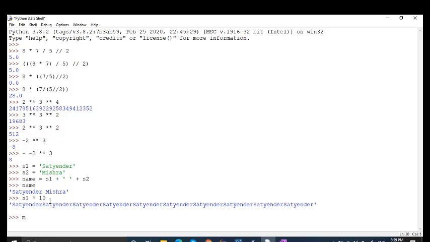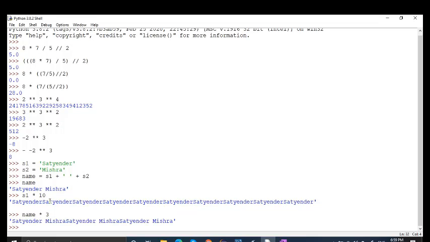If I write here name multiply by 3, it will print my name 3 times: Satyendra Mishra, Satyendra Mishra, Satyendra Mishra.